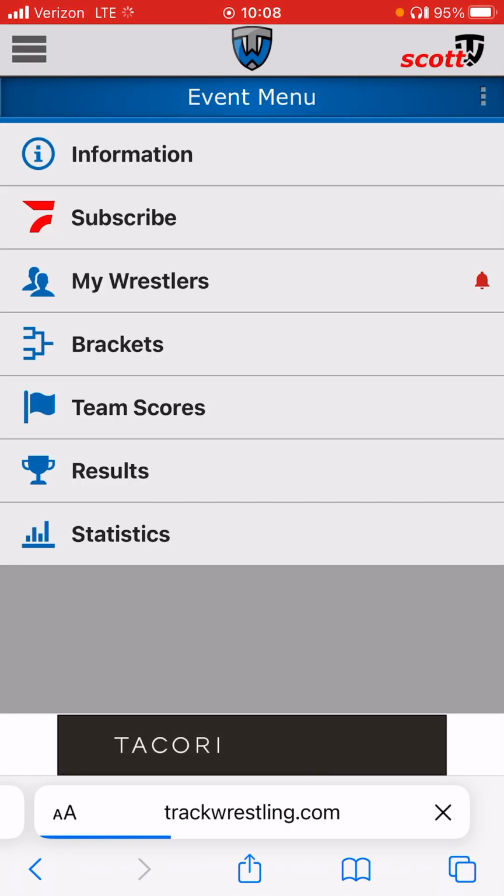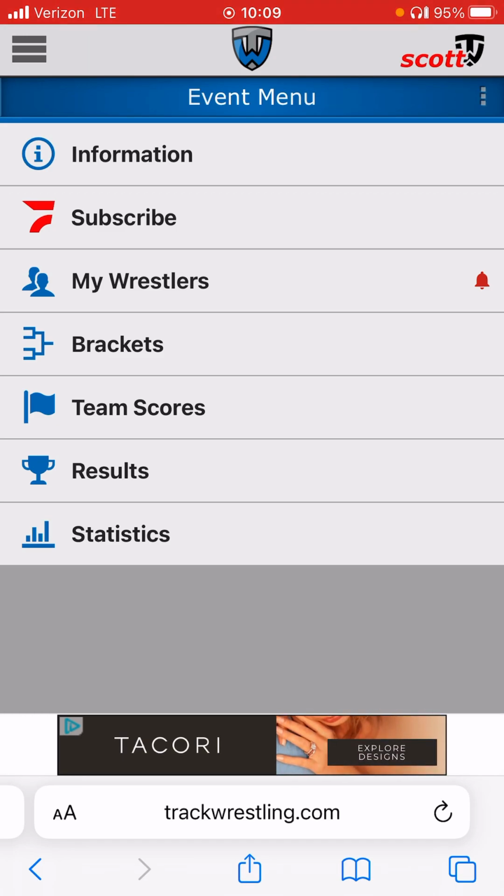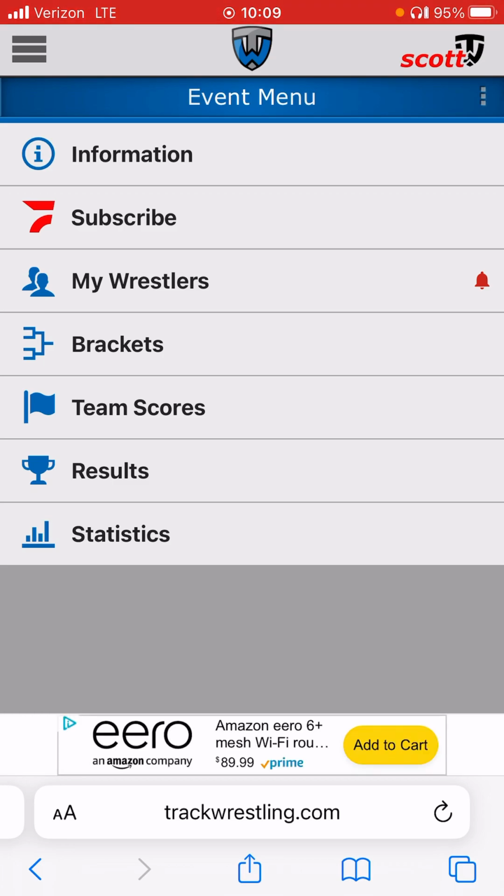From here, you'll see this menu. On a tournament day, there might be a couple of more options like mat assignments and things like that. You're going to hear a lot of people talking about brackets when you get to a tournament. Bracket chatter. Are the brackets posted? Things like that. Typically, I say stay away from the brackets if you're a beginner, and instead go to the